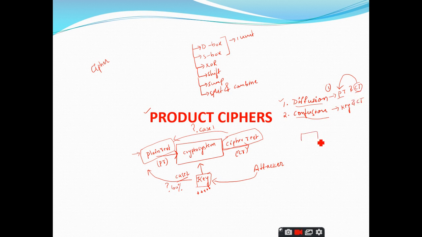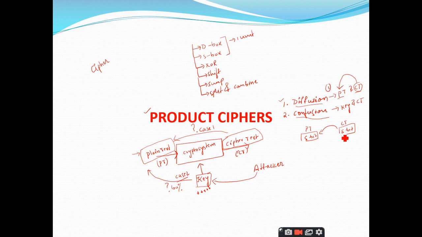For example, you take the plain text as 8-bit text, and you take the ciphertext as 8-bit text only, right? This is CT and this is PT. Diffusion gives a strong relationship between this plain text and the ciphertext. That means most of the symbols or the bits that are present in the ciphertext are dependent on the plain text. So what can I say is, if I change one bit in the plain text, it obviously reflects more number of bits in the ciphertext.